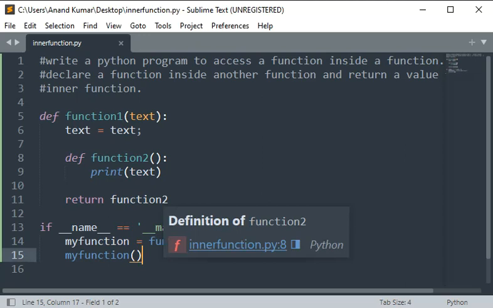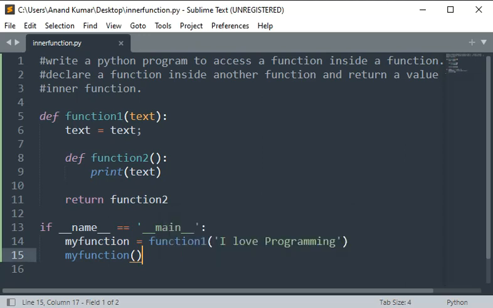So what we are actually doing here is passing a string from the outer function to the inner function, and then returning the inner function. That is what is being asked in the question. So we have to return a value as an inner function. Understood?